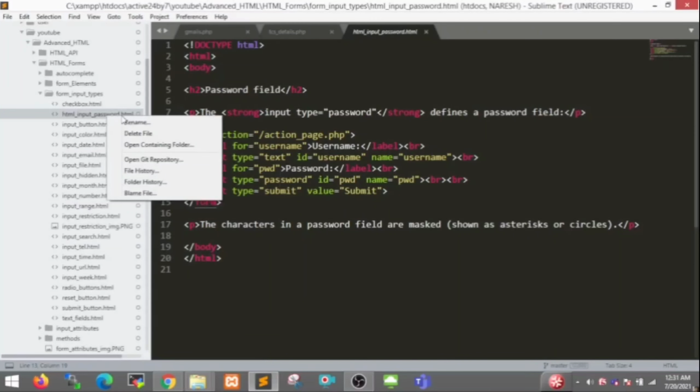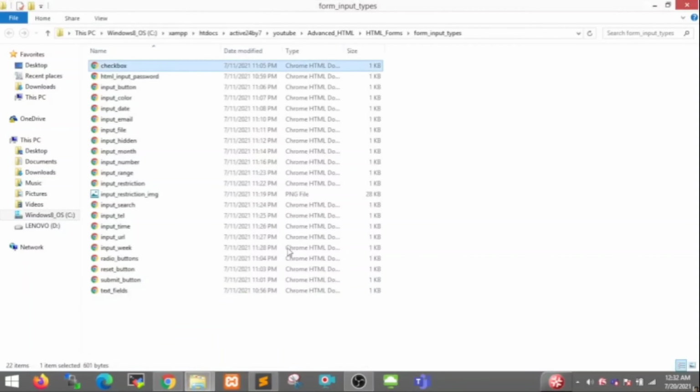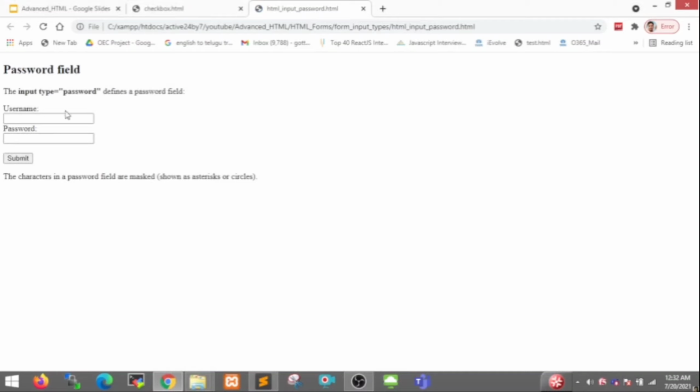Let's go to my file, which I open in my local system and execute in my browser by double clicking on it. Yes, this is my password field example. Here I enter my name as the username, Naresh, and my password is something like Naresh123. In the password field we are unable to see the exact characters; dots or stars are shown.